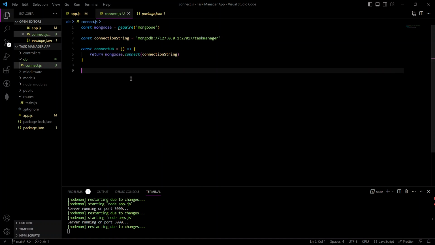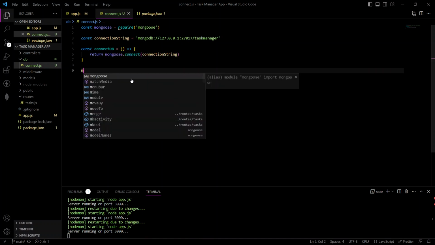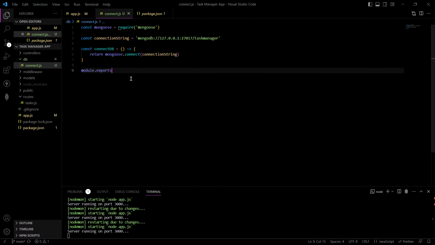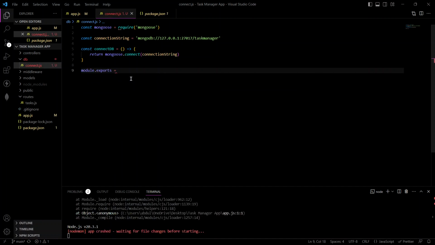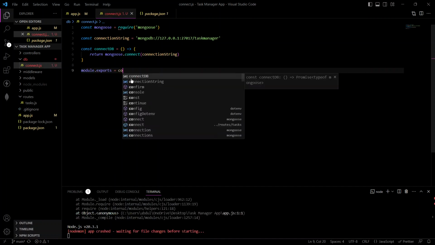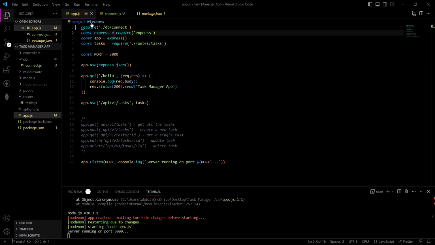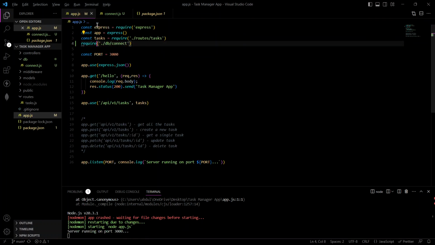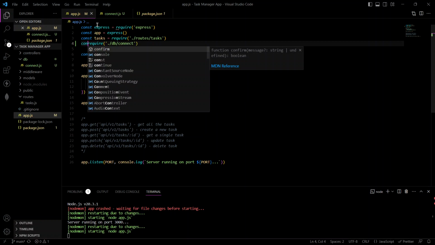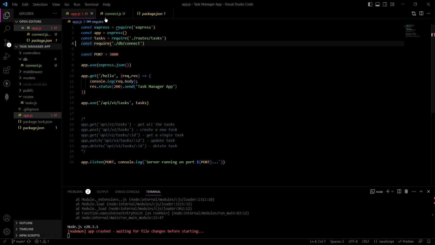This command, okay, and then I'll come here and say export connectDB. Now I need to assign this to a variable, because now it's no more running in its own file. I need to assign, I'll say connectDB. Okay,